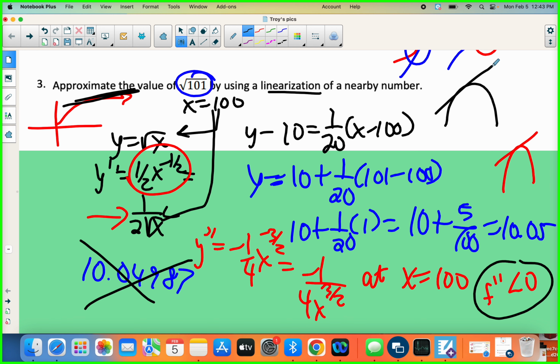So if it's concave up, if you get confused, just draw yourself a little picture. So if it's concave up, that means it's an under approximation. And then we don't have to calculate. And so then, obviously you and I can look at that and go, oh, it's an over. But if you don't know that, then they still might ask you. Okay. Makes sense. Second derivative's going to tell you that. All right. Thanks for bringing that up, Eric. Okay. So